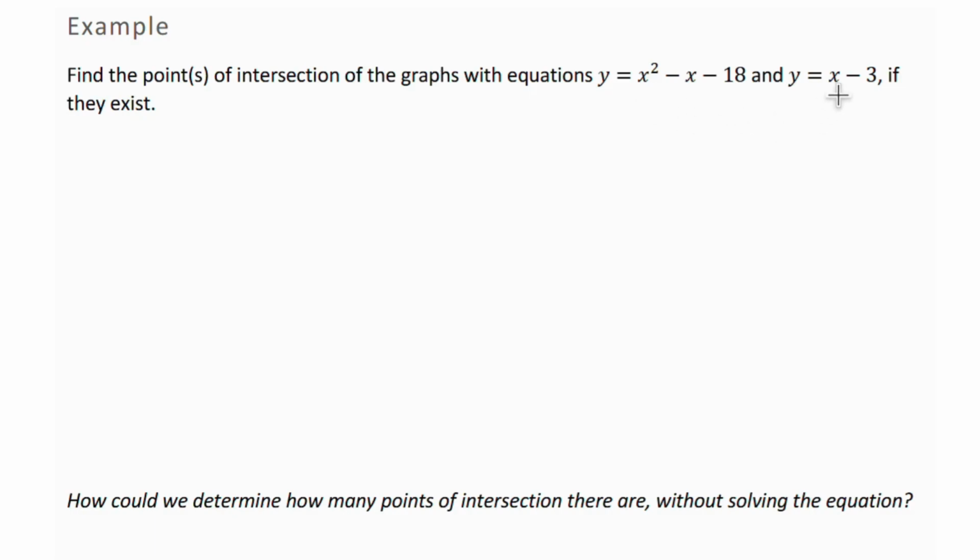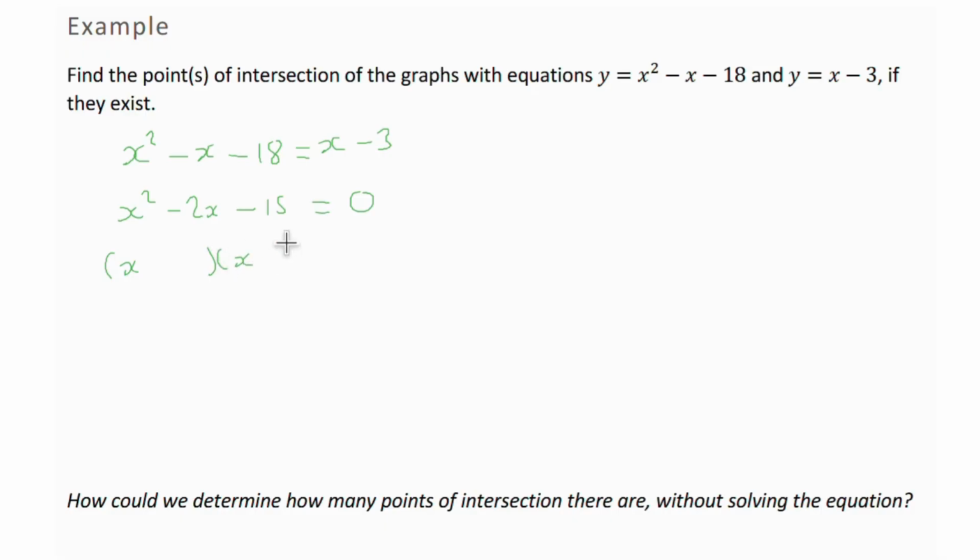With these kinds of functions, we're going to use substitution. Given that they are both equal to y, we're going to substitute the y in each of them for the x values. So we're looking for the point when x squared minus x minus 18 is equal to x minus 3. This is a quadratic equation, so we can solve it by rearranging it and putting it equal to 0. x squared minus 2x minus 15 is equal to 0,